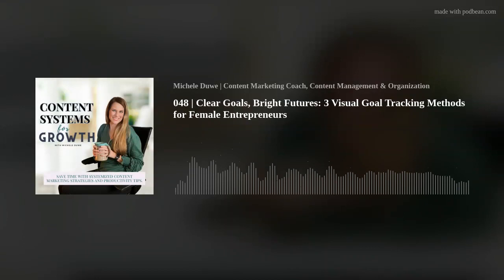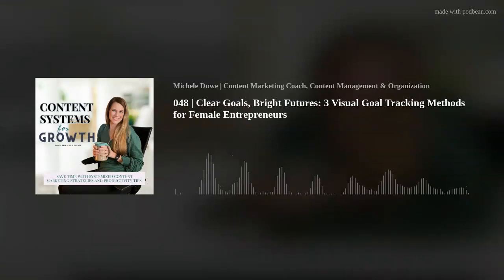It becomes a record of your journey, showcasing both your progress and the learning curve. On challenging days, this visual diary can be the source of motivation, reminding you of how far you've come and what you're striving for. And another thing that you can do for this is just have little daily journals that